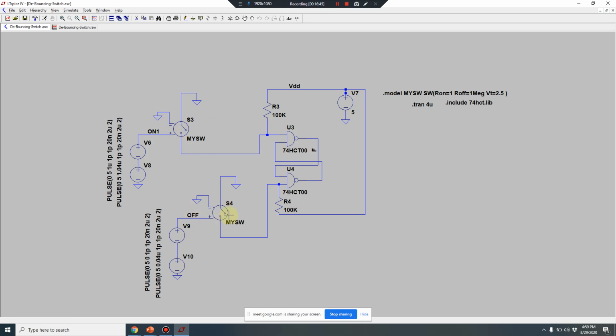I have pressed off and I have left it now. So now it is 1 volt available at this point, and here also it is 1 volt. So I am pressing the switch. The very moment this switch makes a contact at this point, this is VDD, so it becomes ground. Output will go to 0, so that 0 will come here. Output will go to 1 because it is already 1 out here.